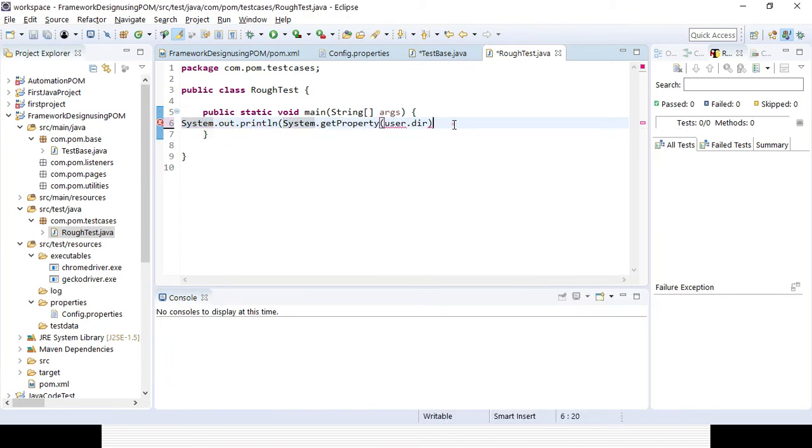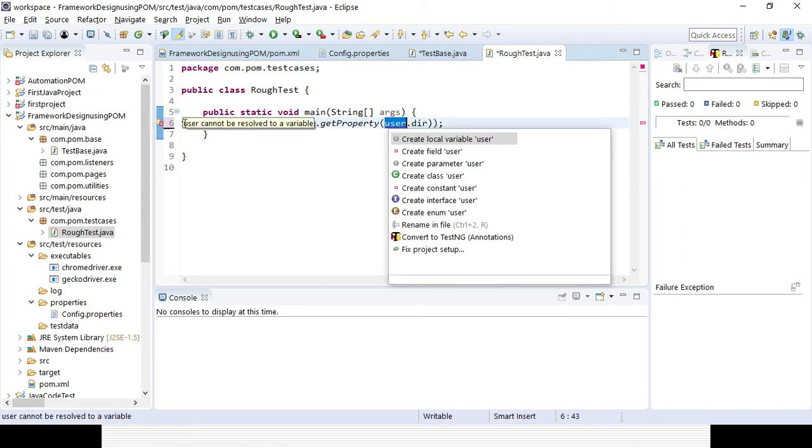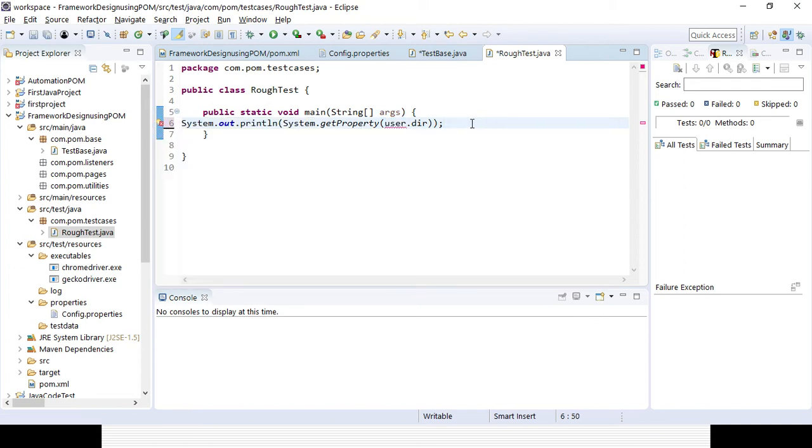Okay, let's print it out and see what output it gives me. What is the error message coming? It is not working because for System.getProperty user.dir, you need to give it within double quotes. Now you can see no error message is there.